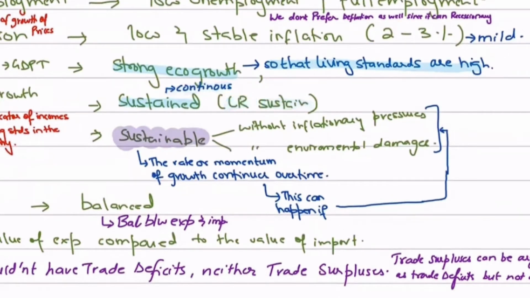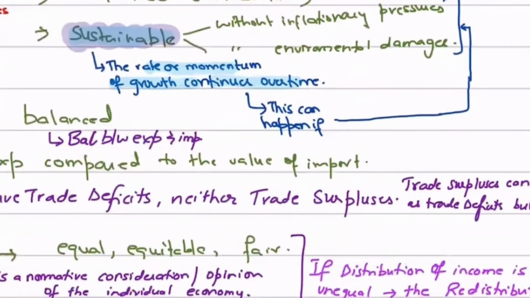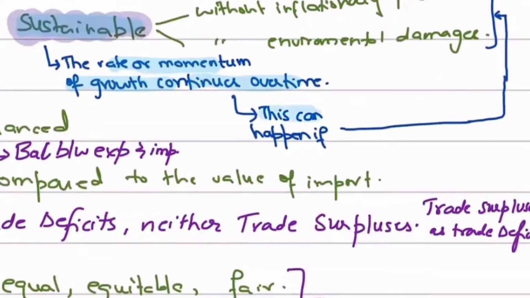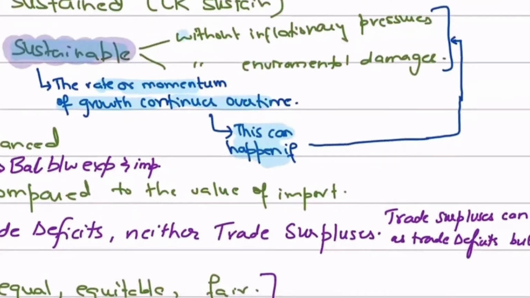So the aim or the objective is not only high economic growth, it's also sustained. That is also an objective. And not only it is sustained, but it is sustainable as well. Now, what do you mean by sustainable? It is somewhat similar to sustained, but then again, sustainable goes one step further because it means that the momentum or the rate of economic growth that you had should be continuous over time. This kind of means the same thing as before, but you need to understand that you will only have sustainable growth rates if the economy is doing well and the economy does not have excessive inflationary pressures. So the government wants a sustainable growth rate.